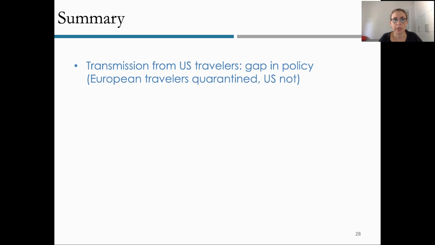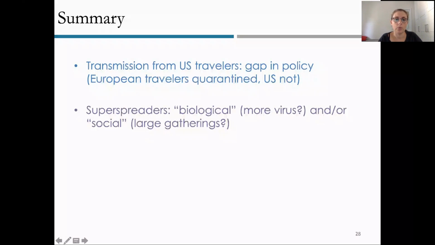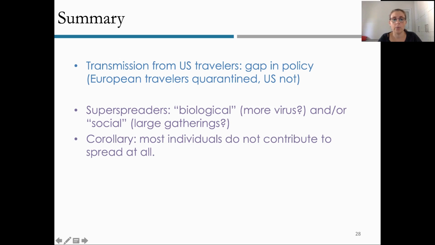And so my last summary slide, what have I shown you today? Transmission from US travelers is due to a gap in policies. We find super spreaders. We don't know if they're biological, more virus in certain patients, or social, large gatherings. It's probably a combination of both. By the way, a corollary is that most individuals do not contribute to spread at all. Of course, we have no idea who these individuals are, and so still we have to exert utmost caution and